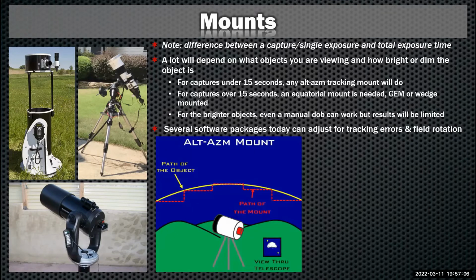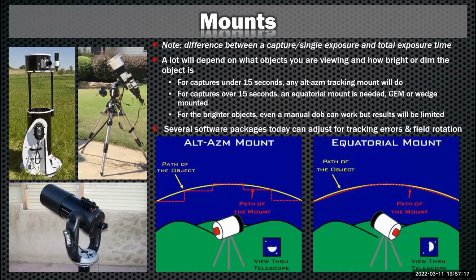You can see as we go across, that moon is going to continue to rotate in your field of view as the camera makes those stepped adjustments. But when you're looking through an equatorial mount, as the object goes through the sky, the orientation of the view stays the same. And that's why, again, you want to make sure you've got the correct mount for what you want to achieve.